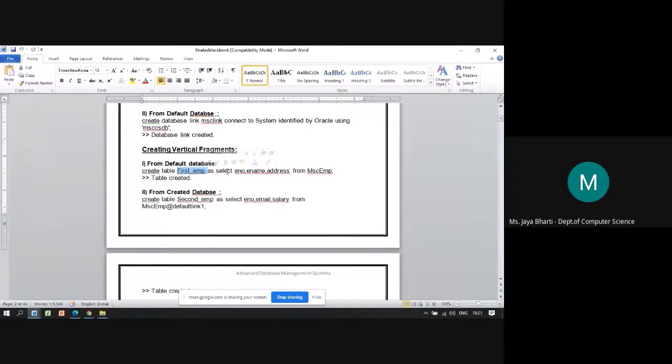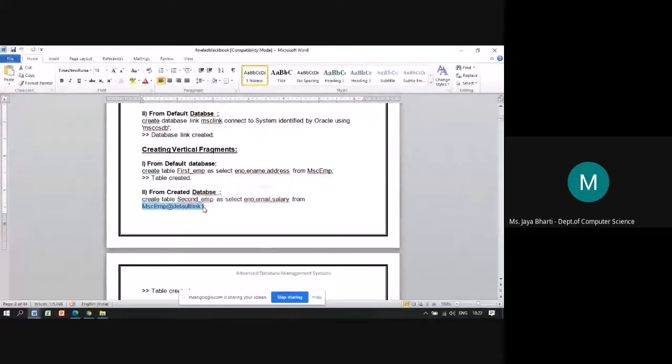Okay. Then second, we are going to create the vertical fragments on the created database. So create table, table name, whatever you want to give, as. Now in this fragment, we are going to select employee number, email, and salary. These three columns from created database link. So you are supposed to use that link using the @ operator. But suppose on some Oracle version it is not supporting.